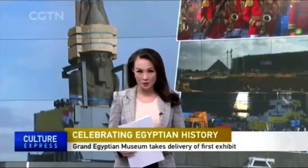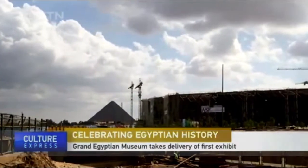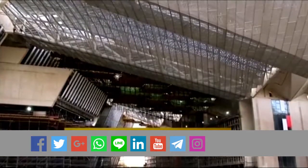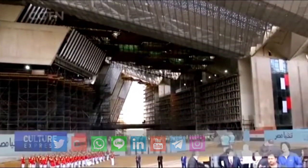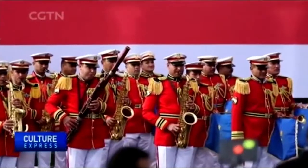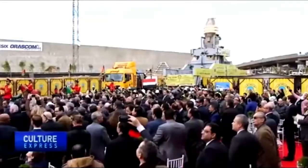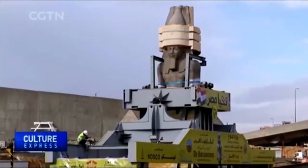Adel El Mahrouhi reports. Not far from Egypt's iconic pyramids of Giza, another colossal construction is taking form. Combining ancient architecture with modern design, the Grand Egyptian Museum is a source of pride to all involved in the project. This week, scores of officials, archaeologists and Egyptologists celebrated the installation of the very first exhibit, a huge statue of